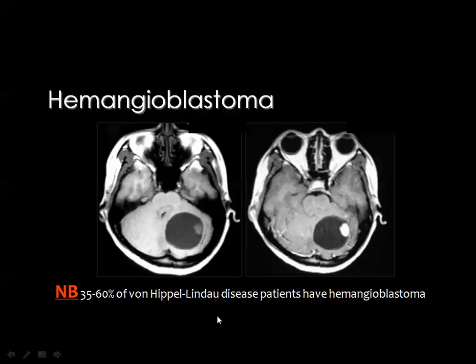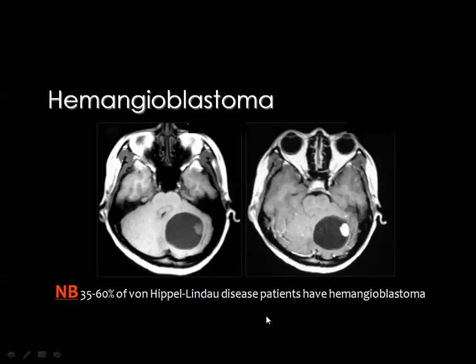And this is the T1 weighted image before contrast injection and after contrast injection. The nodule is of intermediate signal here, and it shows intense post-contrast enhancement. And this is an example of a patient with